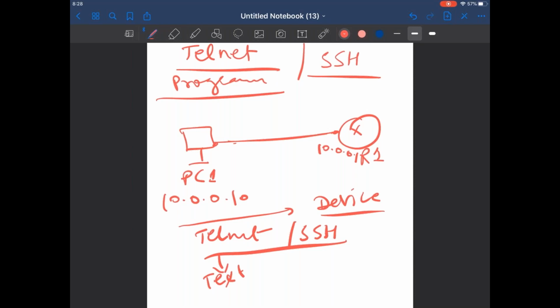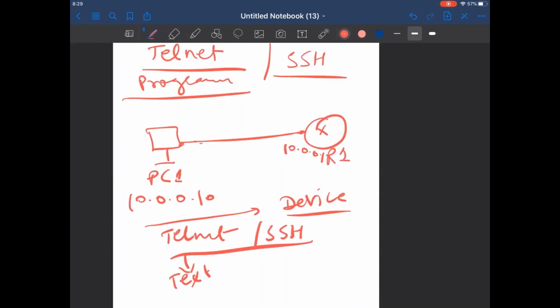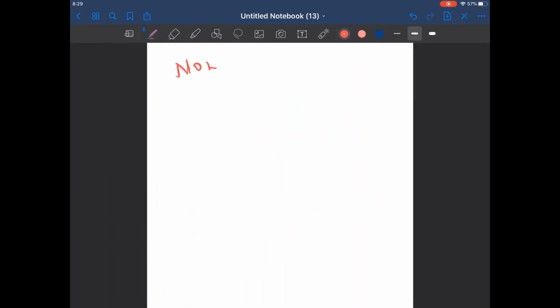Sometimes one screen is not visible immediately, so I have to wait for some time. Now can you see the screen? I see that Telnet screen, PC1 and R1. Yes, now I see the screen.